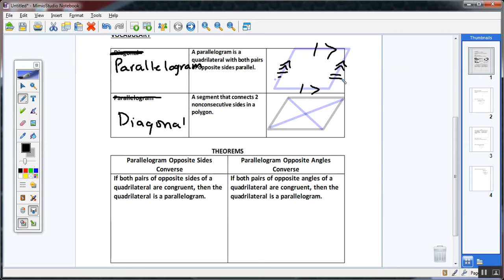So what they're saying here is this, kids. In the last section, they always said you have a parallelogram, so these are the characteristics that must be true. The converse is now saying these are the characteristics you have about a shape, therefore it must be a parallelogram. So what we call up here is the parallelogram opposite sides converse, abbreviated POSC. It says if both pairs of opposite sides of a quadrilateral, meaning one side across from the other, are equal in length,